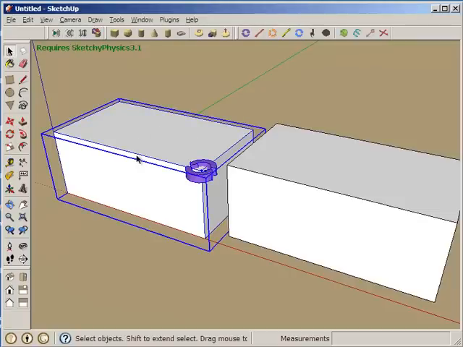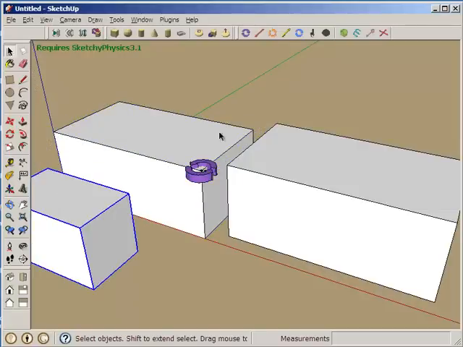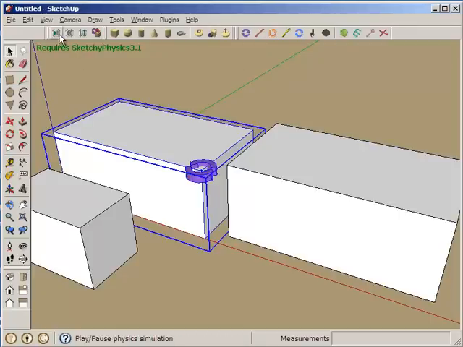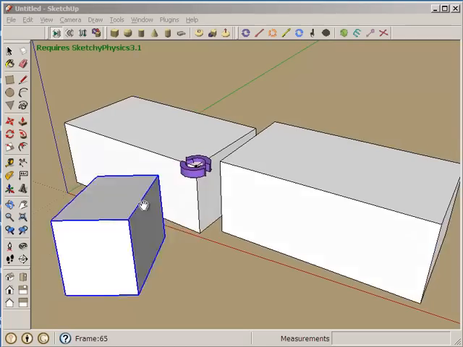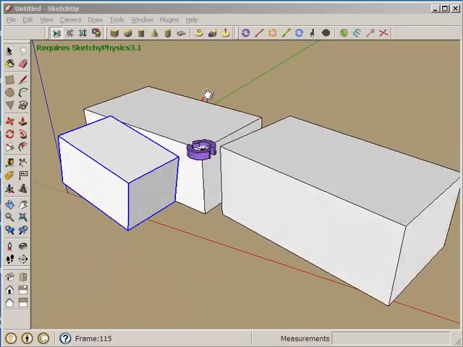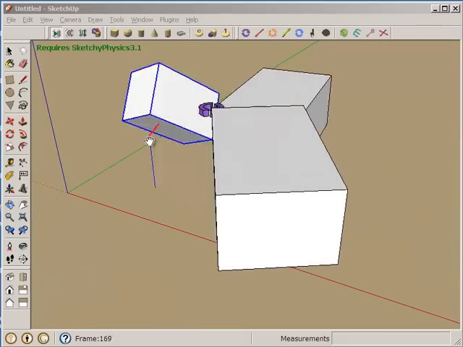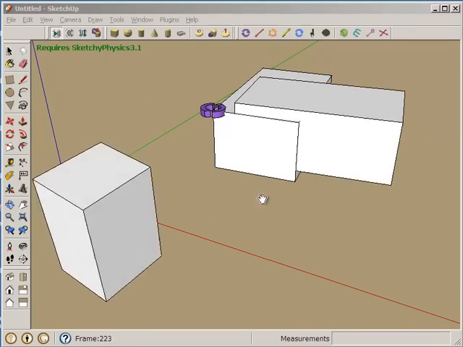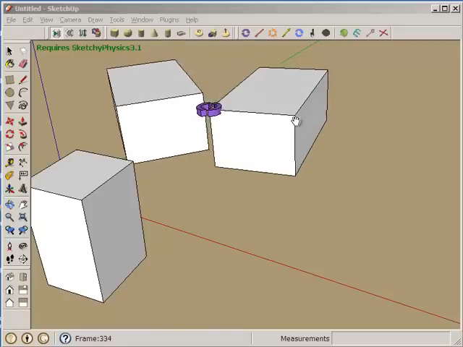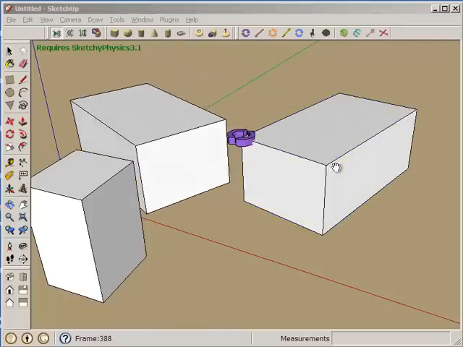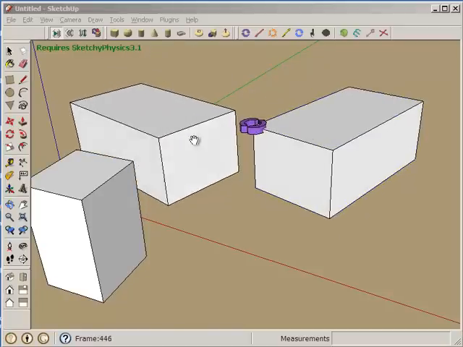But oddly enough, this block isn't actually entirely immaterial. If we were to make a third block that's not part of this complex here with the joint, and then we run the simulation, this block interacts with both there and there. So it's only when these two blocks here have a relationship by means of a joint that's part of this group,